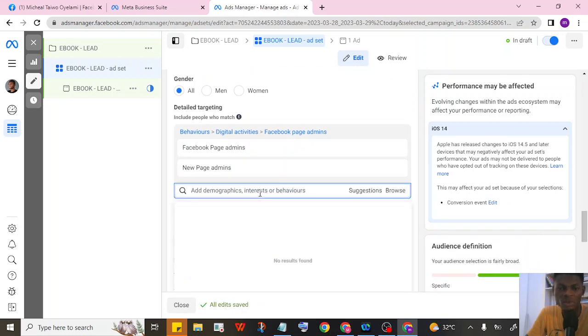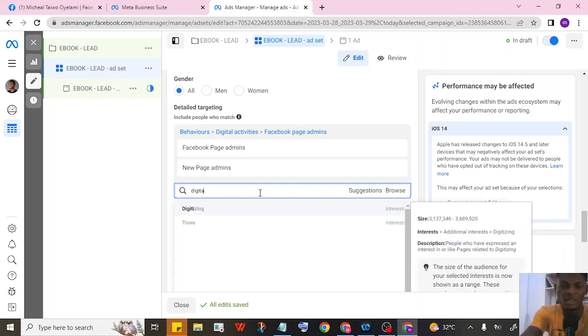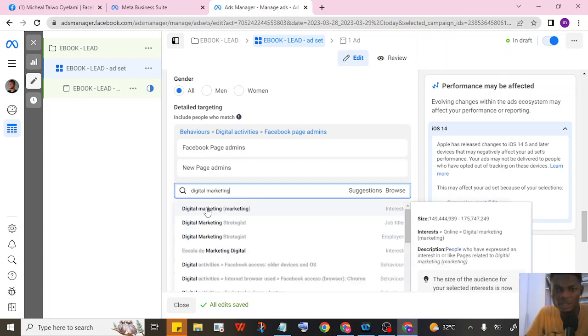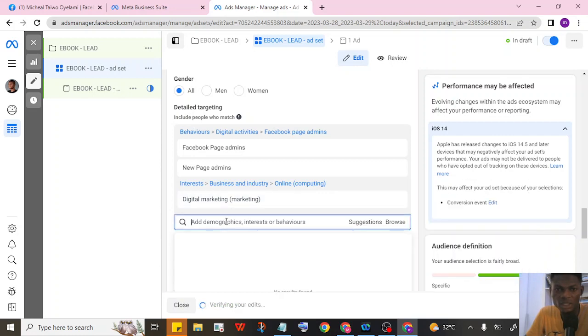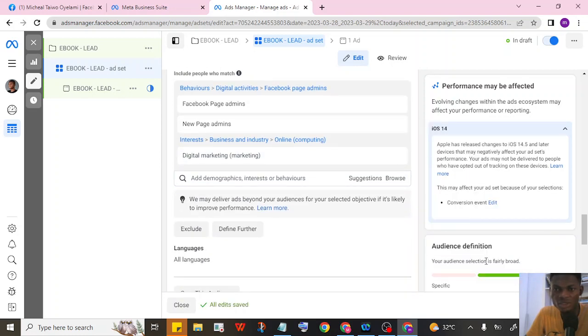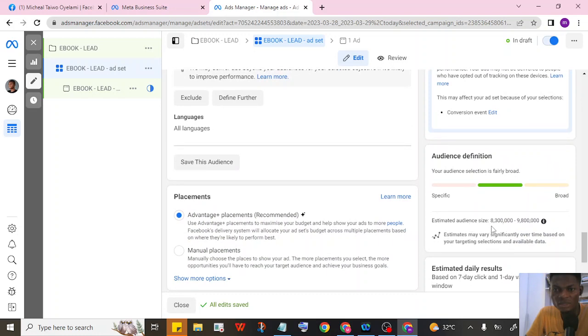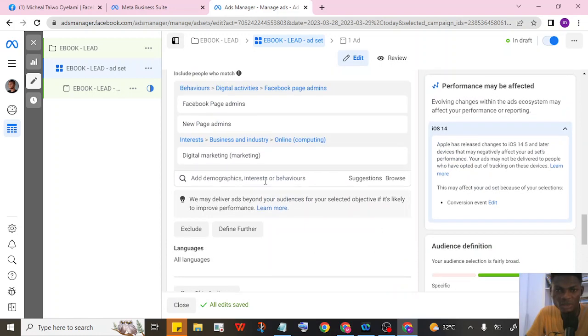So also, we know that everyone that we definitely want to learn more about traffic generation has an interest in digital marketing. So just type digital marketing here. You have interest in digital marketing, and while we are doing this, you can see that Facebook is going to give you the audience estimates. You need to pay attention to that too. We want to ensure that the people we are targeting are people that can say